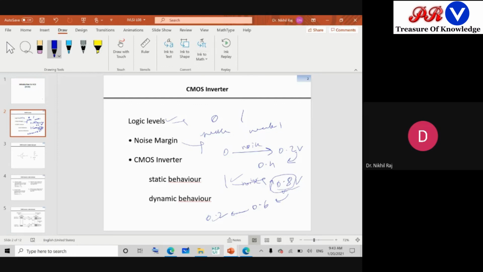So due to the presence of noise, due to the interference of errors, what happens? The logic level can be disturbed. So this means we need to have some noise margin, to decide up to what level I will consider logic 1. Suppose I am transmitting 1 and the receiver is getting 0.8, then the receiver will ask whether 0.8 is considered to be 1 or not. Tell me.